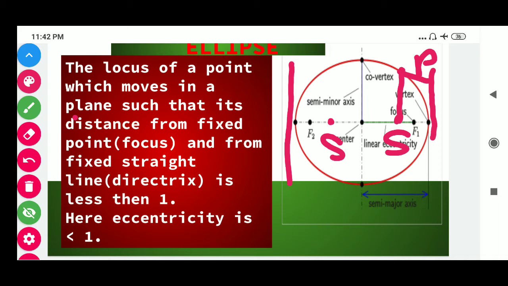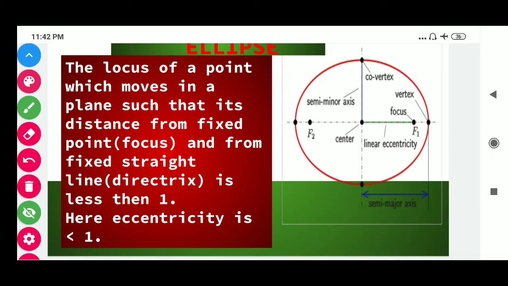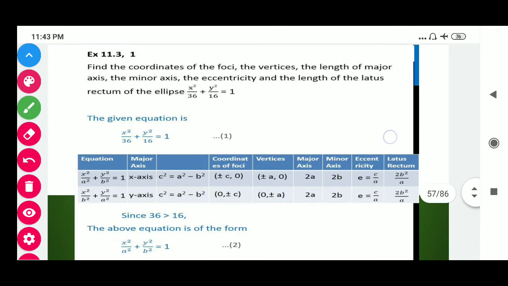So students, here the eccentricity is less than 1, and in the given figure if the conic meets the axis, then this is called the vertex. If a straight line passes through the focus and cuts the ends of the conic, then this straight line is called the latus rectum. So in this way students, in today's session we will discuss the third exercise of your NCERT book.